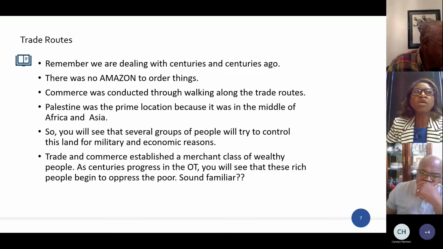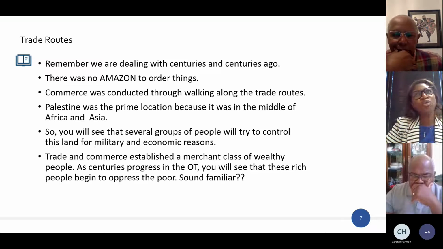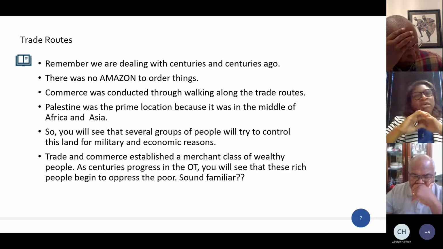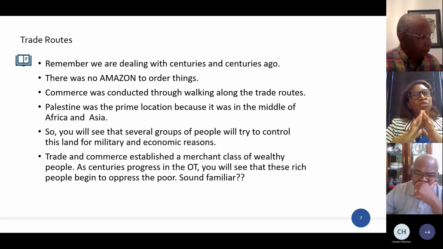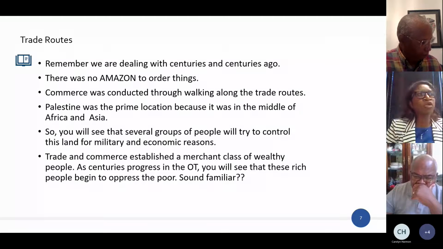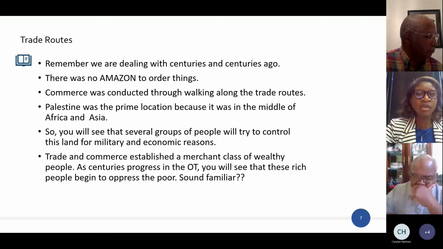That's one of the many reasons for the prophets. Jeremiah, Joel, and Amos speak out a lot about this as well. They get so sick of this wealthy class of people who call themselves loving God, but they are not loving God, and they hurt the poor people in the land. And unfortunately, we have not learned our lesson, right? Amen.